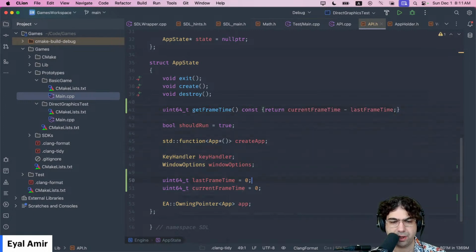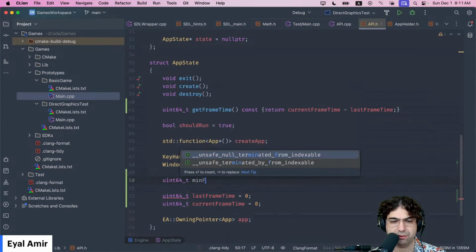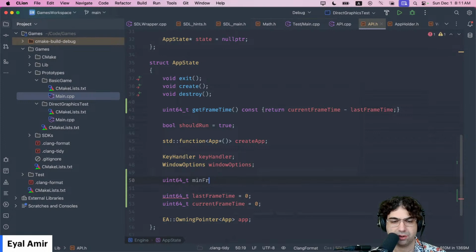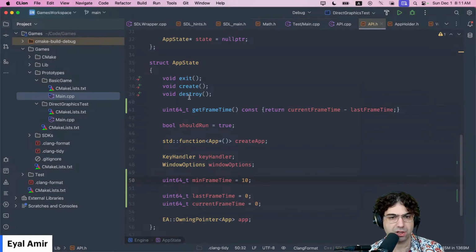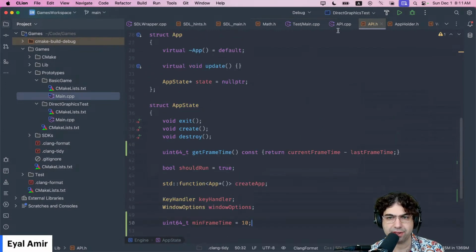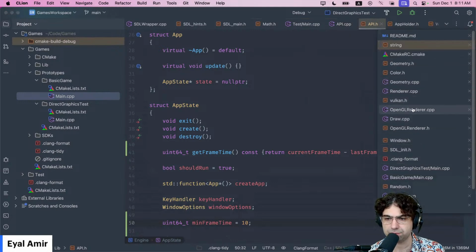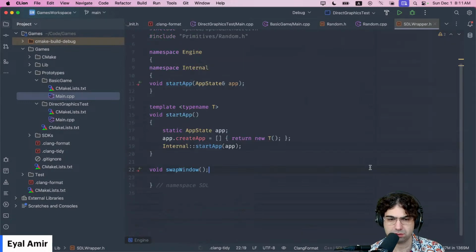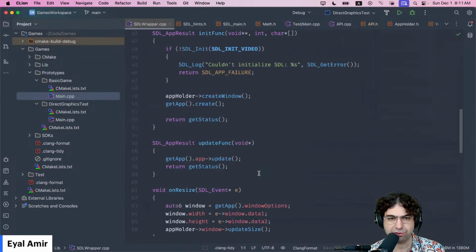And then I should be able to also do something like a min frame rate or min frame time equals 10 milliseconds. So then when I get the actual update here, when I get the actual update from SDL,